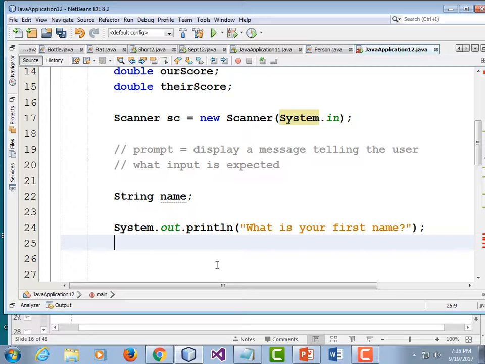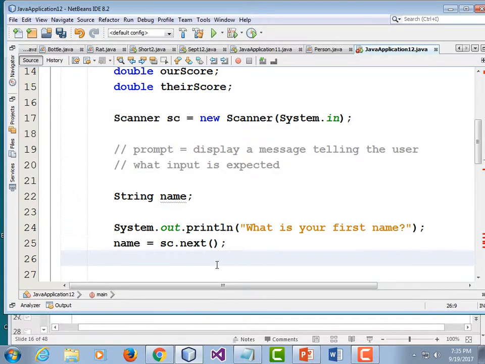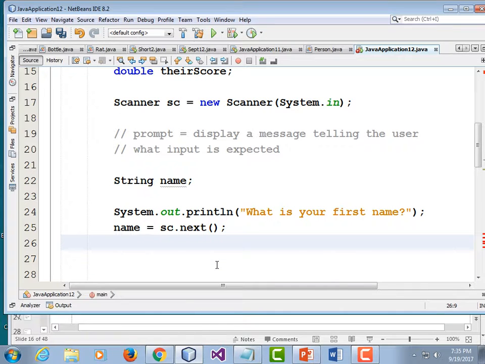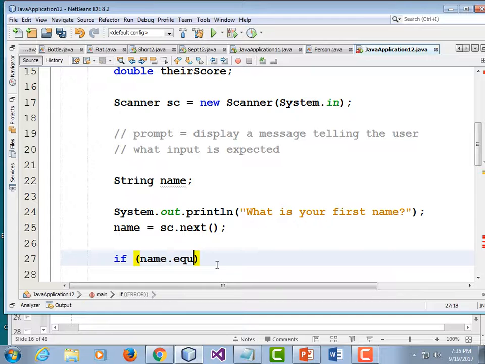And for some reason, we really are curious if their name is Fred. So wait, we have to read it in first. So name is equal to sc.next. Use the scanner class to get our input from the keyboard. So, if name dot equals lowercase Fred, or name dot equals uppercase Fred,